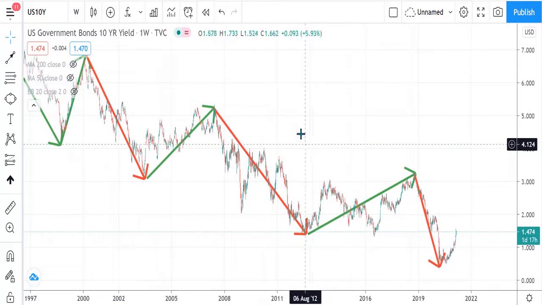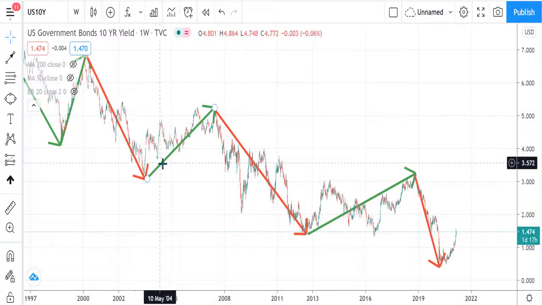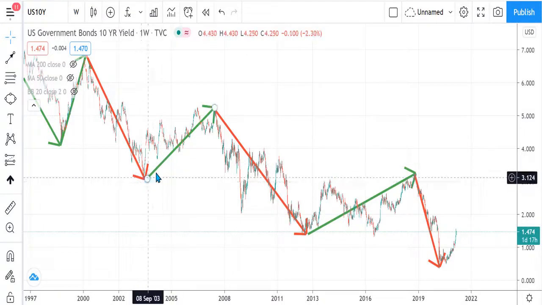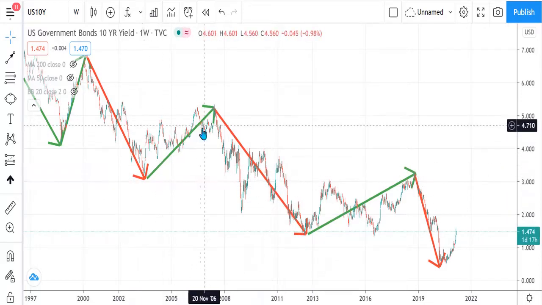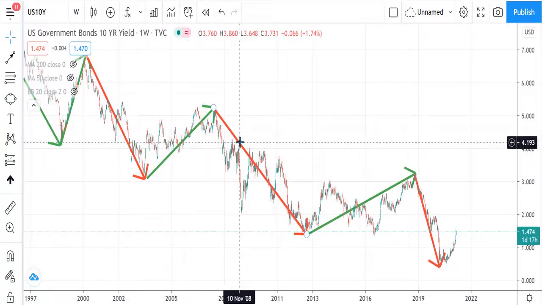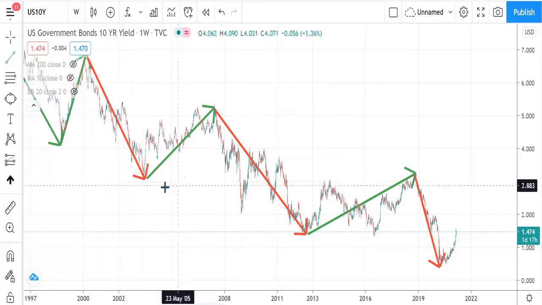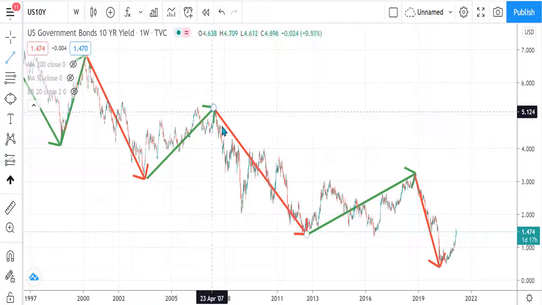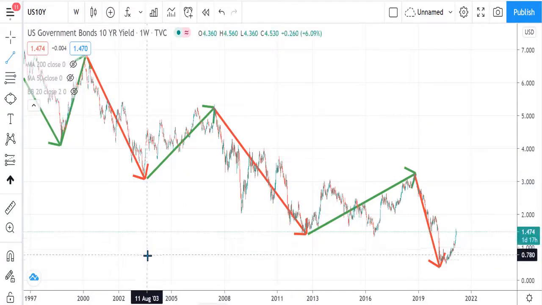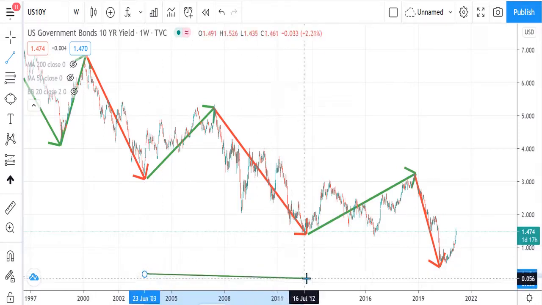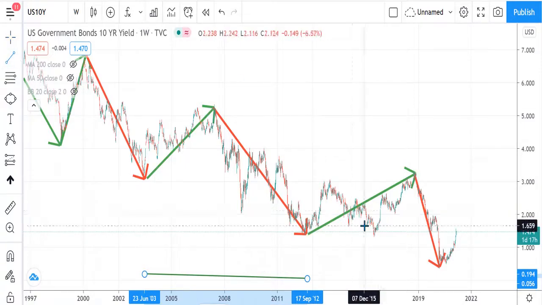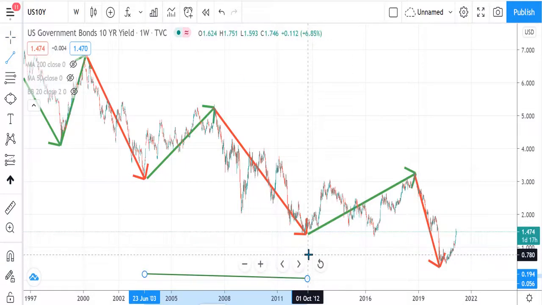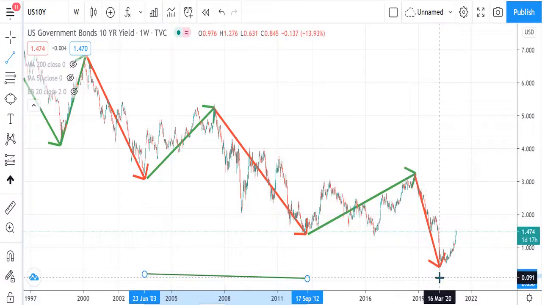So we need two cycles. A cycle is determined by a move from a low to up and then to the low again. That will create one cycle. So we have to take the recent two cycles and plot them. This is one, from the low here to the high to the low. We'll plot it from there to here. That is our first cycle, and our second cycle is from the low here to the high and also to the low here.